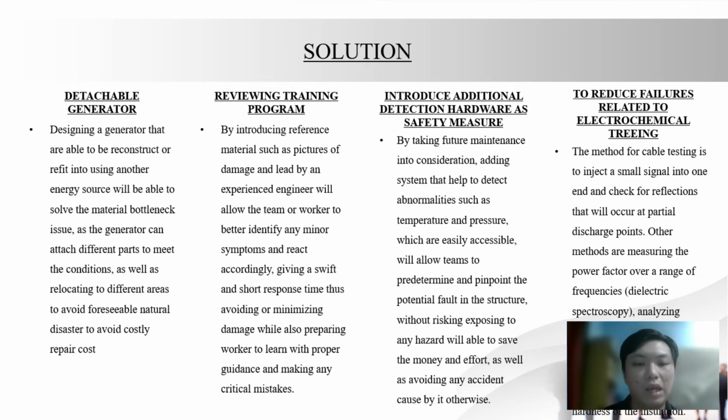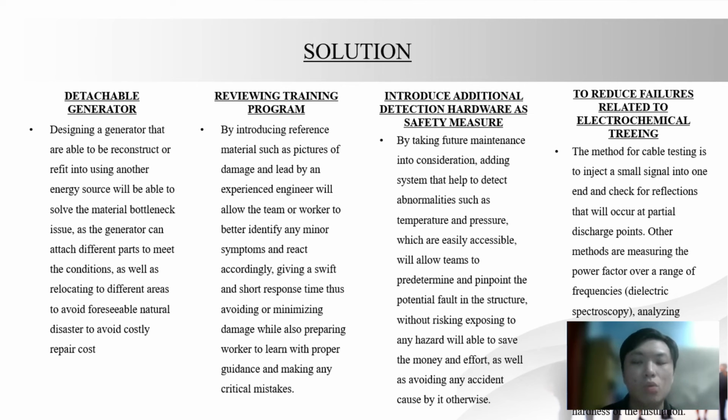The engineer will also be able to identify any minor symptoms that hint at damage, which would usually be ignored by newcomers. That will give us a swift and short response time to avoid damage inside the internal generator, and saves repair